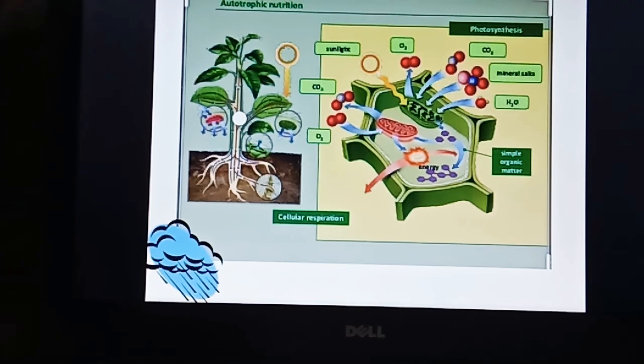Some other organisms also utilize sunlight as a chief source of energy to manufacture food. Examples of such organisms are green sulfur bacteria, purple sulfur bacteria, and purple non-sulfur bacteria. All these organisms are called the photosynthetic autotrophs. On the other hand, organisms like nitrifying bacteria and sulfur bacteria, which use energy released in chemical reactions to manufacture their food, are called chemosynthetic autotrophs.